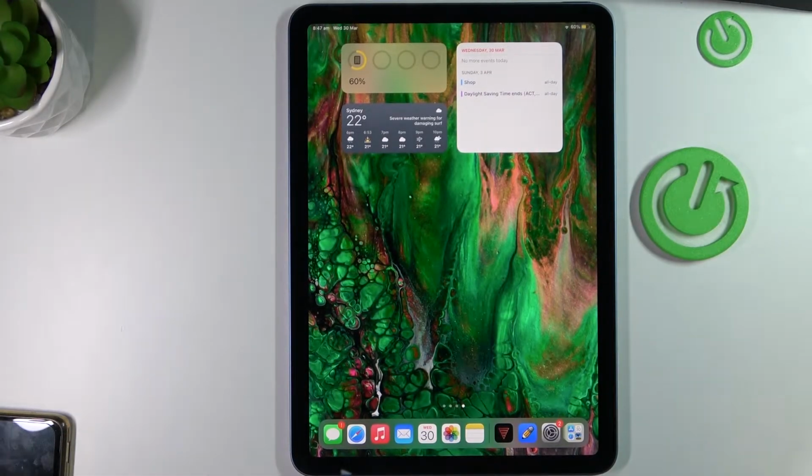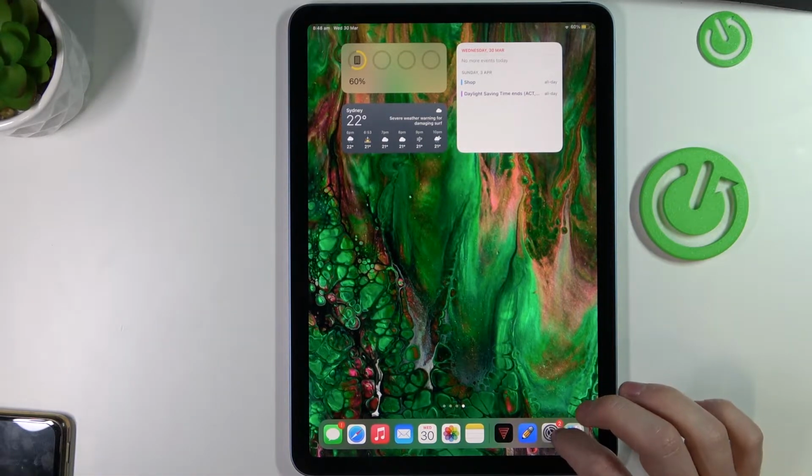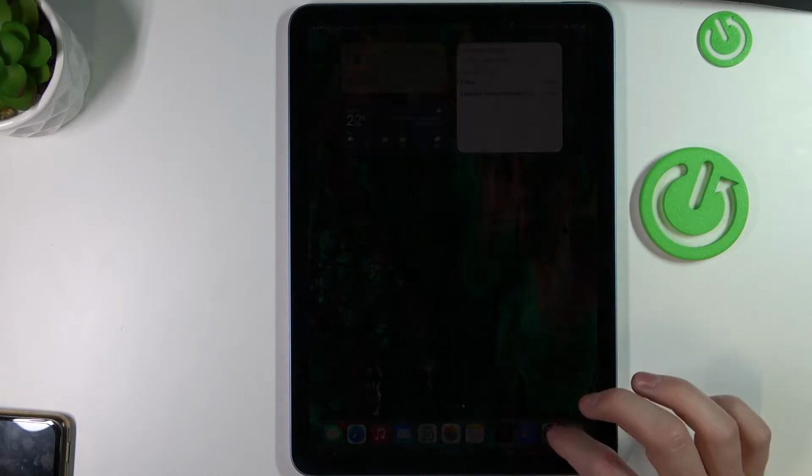Hello, in this video I'm going to show you how to enable, and explain how it works, Do Not Disturb mode on iPad Air 5th generation. So in order to enable the Do Not Disturb mode, we need to go to our settings,